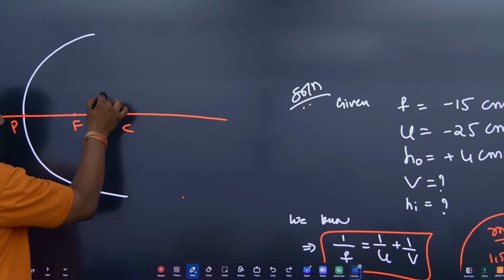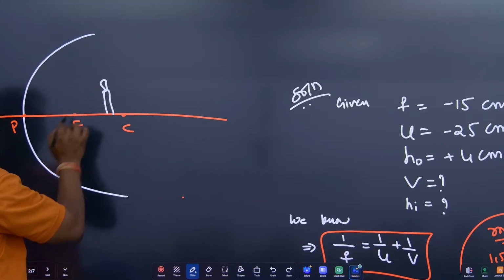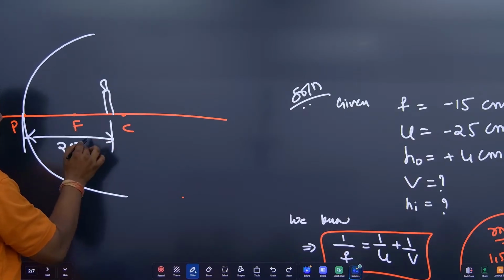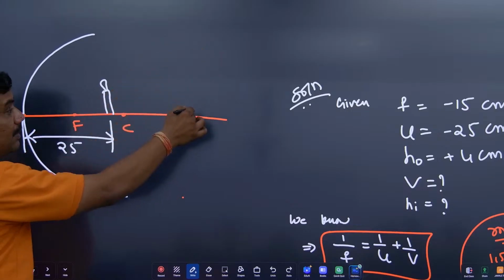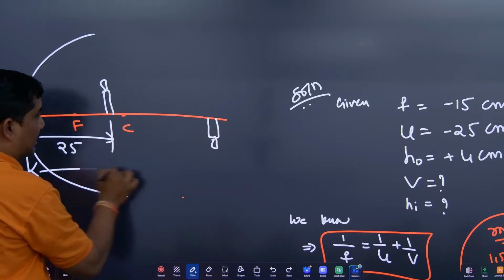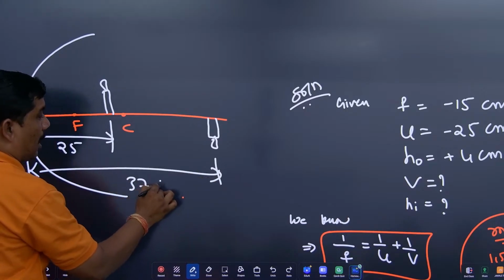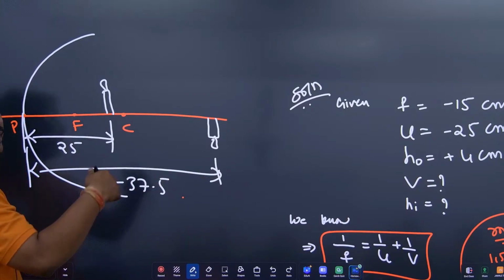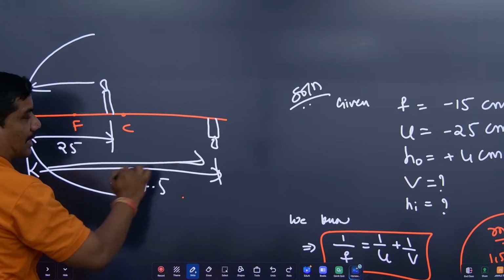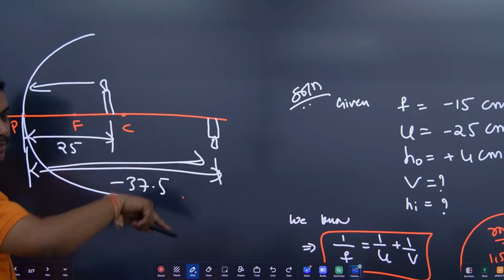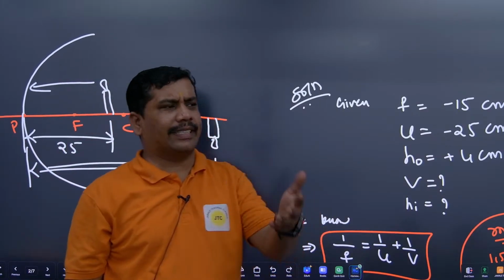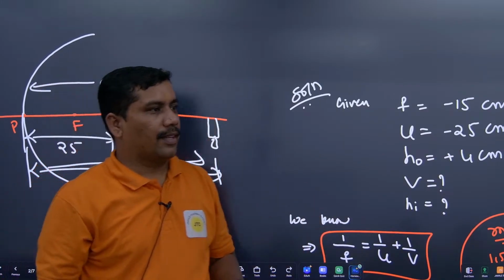ऑब्जेक्ट मान लो यहां है थोड़ी देर के लिए, ये 25 सेंटीमीटर है, यहां से यहां तक कितना है 25। इमेज किधर आ रहा 37.5, मतलब इमेज यहां कहीं बन रहा है, राइट। तो यहां से यहां तक डिस्टेंस कितना है, अब वो माइनस क्यों आ रहा है, क्योंकि इमेज इस तरफ है। अब देखो लाइट ऐसे जा रहा है तो डिस्टेंस ऐसे मेजर करेंगे तो माइनस आना चाहिए कि नहीं, तो वो माइनस साइन कन्वेंशन के कारण आ रहा है।